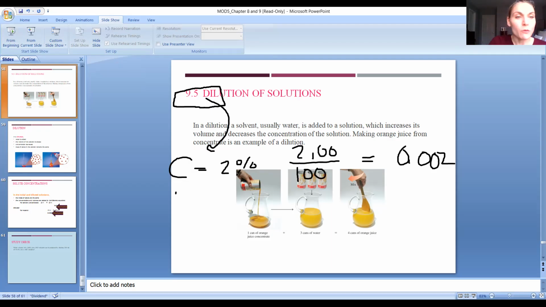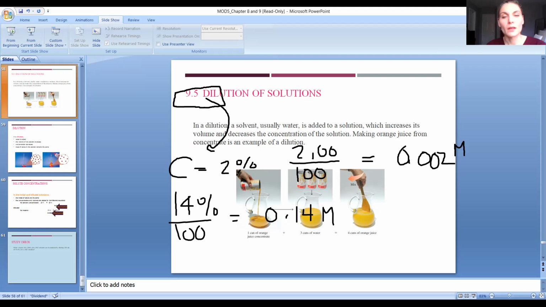And same thing for that 14%. Again, we're going to divide that by 100. So that'll give us 0.14 of this molar concentration that we're looking at. And so what it did is it gave us M1 and M2. It says the volume of this can be prepared. So this would be our M2.